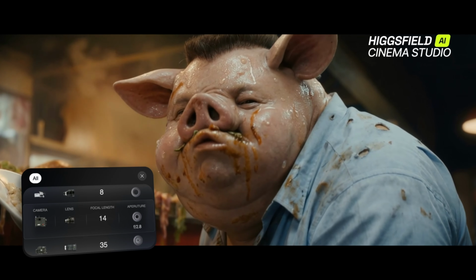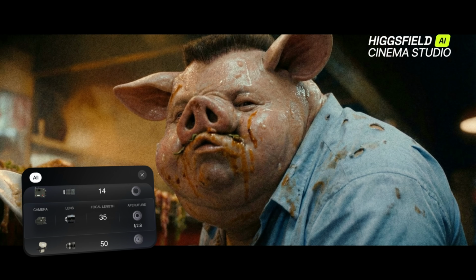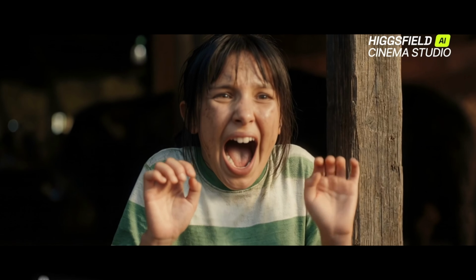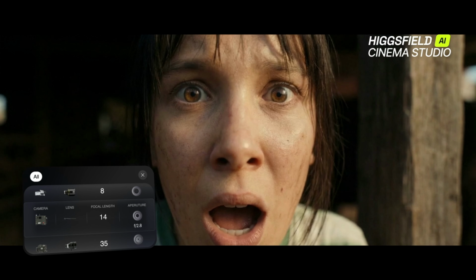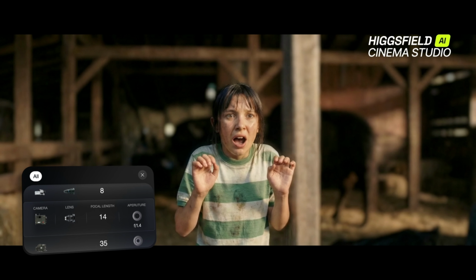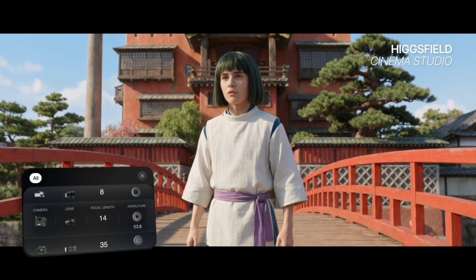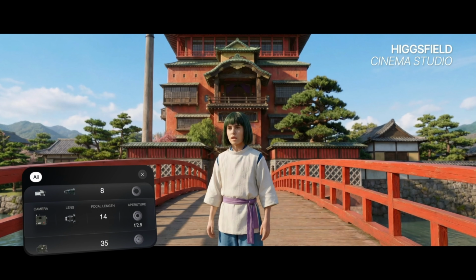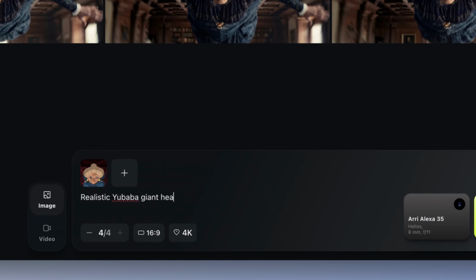Let me ask you something. When you see cinematic AI videos online, do you assume there's a big team behind them? Cameras, actors, editors, because that's exactly what I used to think. I thought there's no way one person made this. But over the past few weeks, I've been testing a tool called Higgsfield, and it completely changed how I think